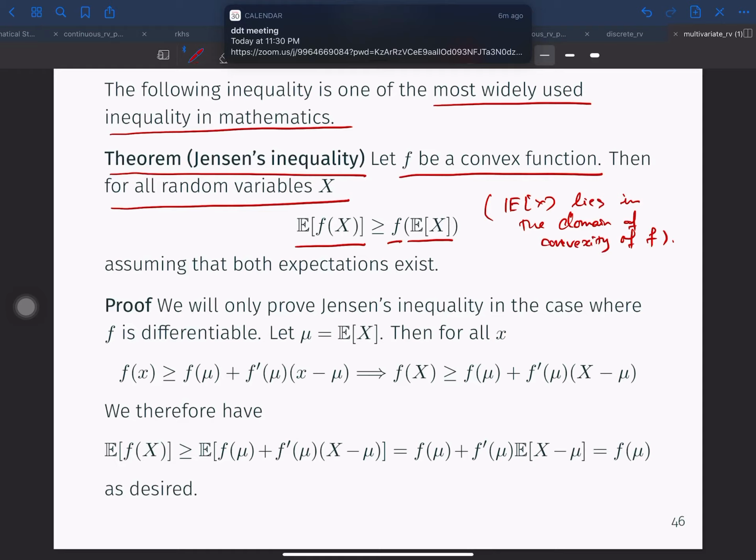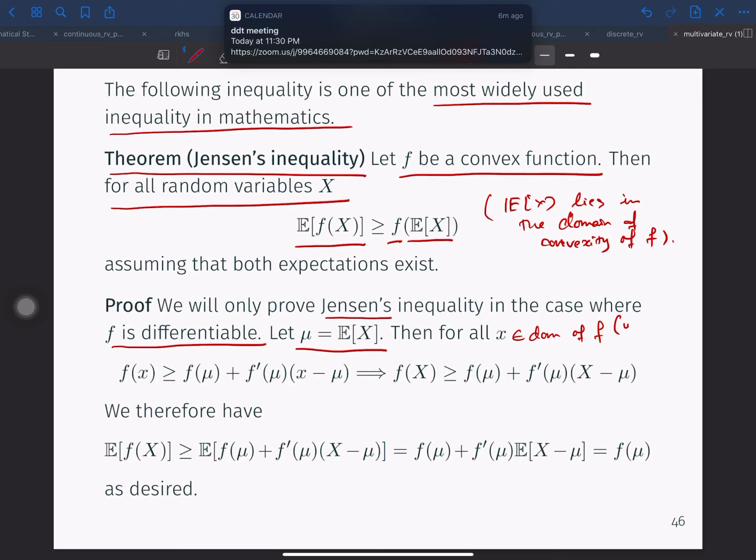We'll only prove Jensen's inequality in the case when f is differentiable, but the proof is very, very simple. In fact, for such a powerful result, the proof is so elementary as to belie its importance. But the proof goes as follows. Let mu be the mean of x. Then, because the function f is supposed to be convex, for all x in the domain of f,